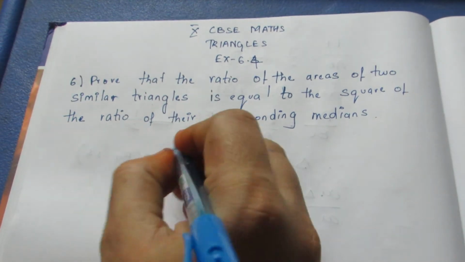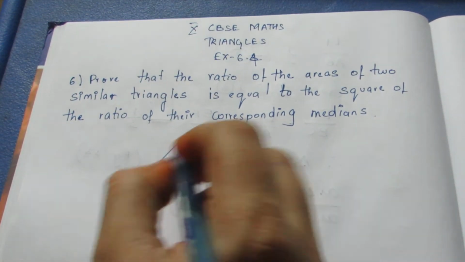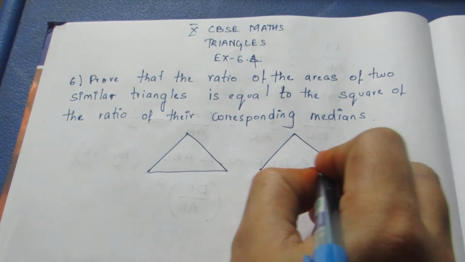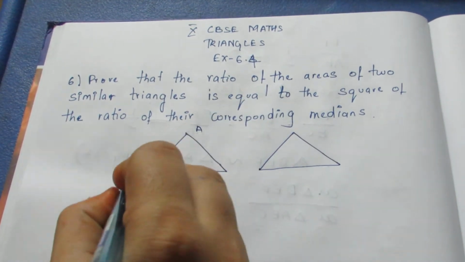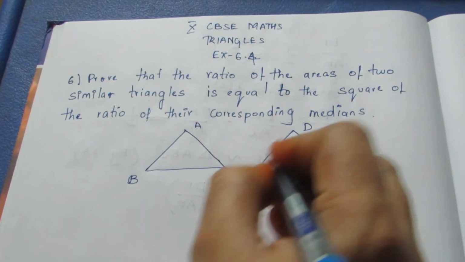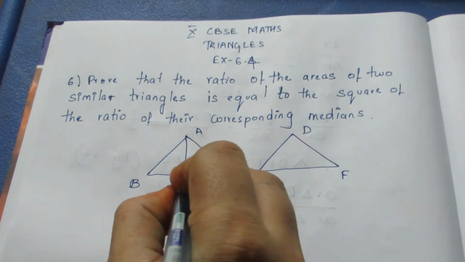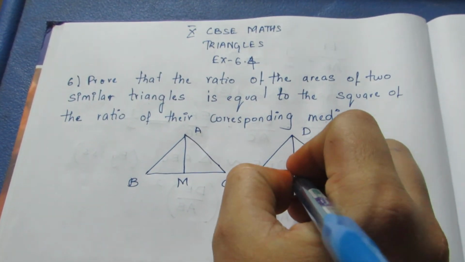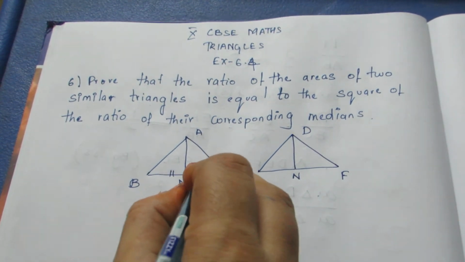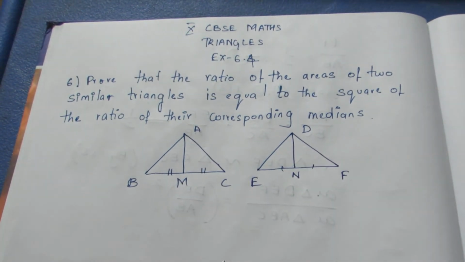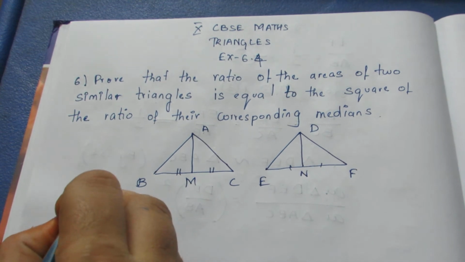Let me take the triangle. A, B, C, D, E, F. Let this be the median. Median means the side is divided into two equal halves. So here given is,